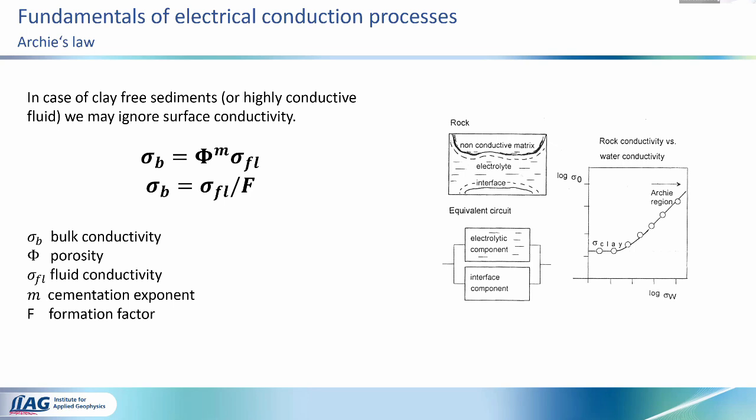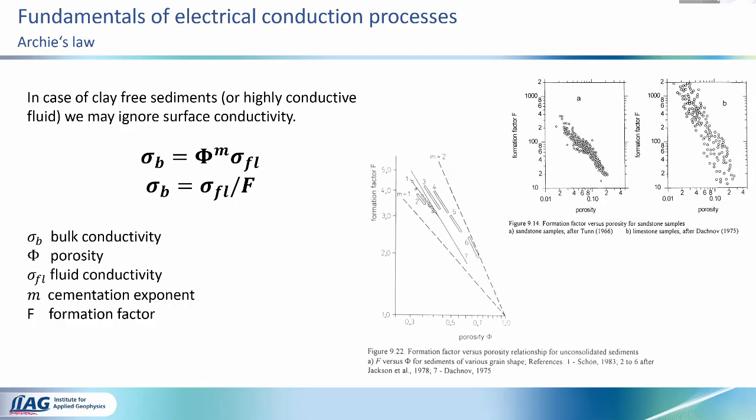Yeah, I wanted to give a number. So formation factor, just to give you an idea, is typically for loose sediments somewhere between, let's say, 3 and 10, just to have a rough idea of what I'm talking about. So meaning if I have a fluid conductivity of seawater, then the bulk conductivity is, let's say, 3 times lower than seawater. This gives now some graphs for this formation factor. Yeah, talking about between 2 and 5, and the